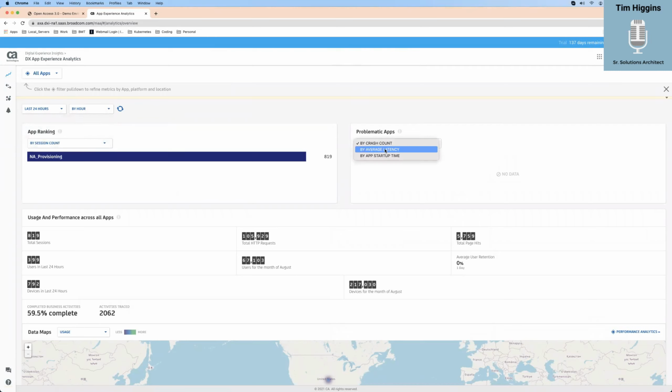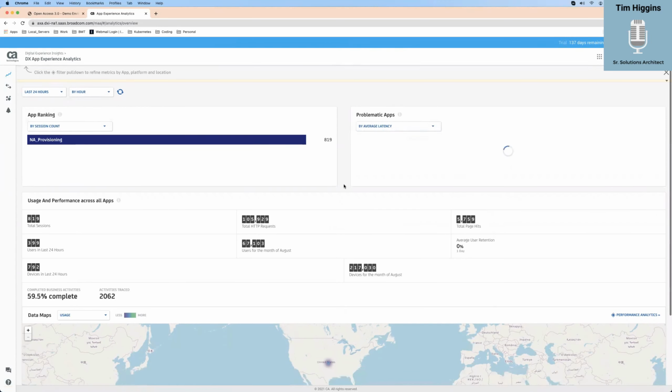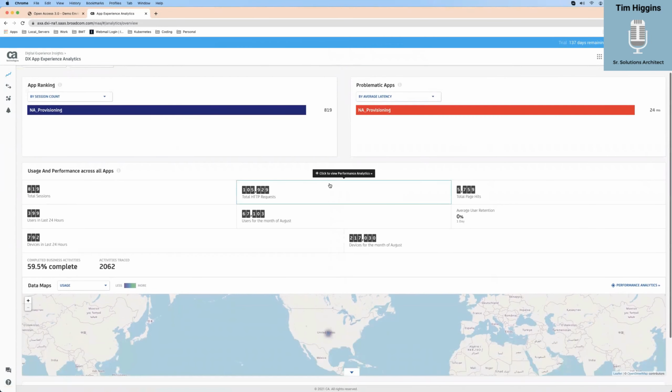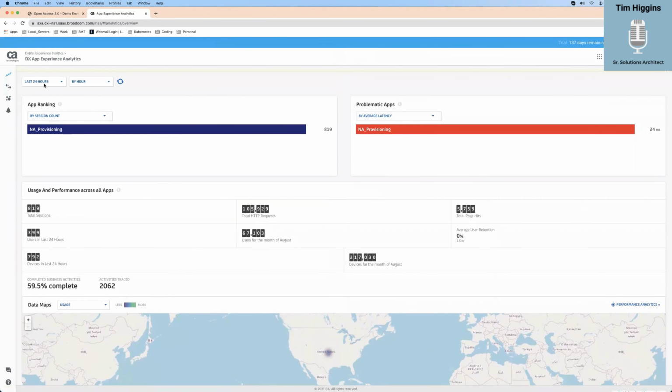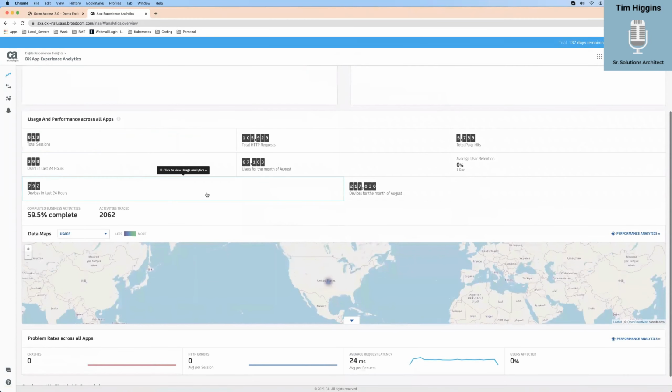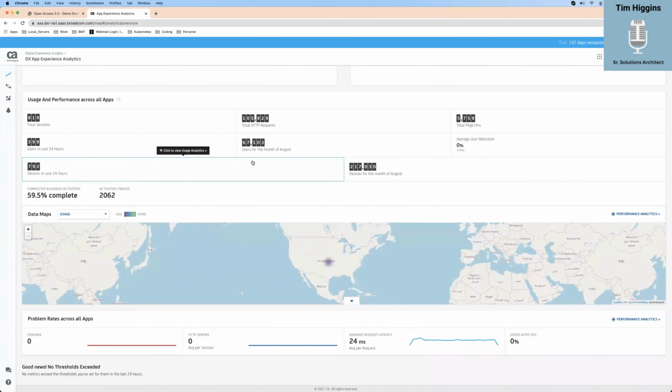Now, the crash, I don't have any, so we'll hop over here and you'll see that will load there. Total sessions, right? Total HTTP requests. Now, this is the last 24 hours. I'm going to change it when we get into debug mode to the last 30 days, and you'll see a lot of this change. I'm not going to do it at first because it's a lot of data, right? And so it takes a little bit to run. Now, a lot of this is pretty common sense.